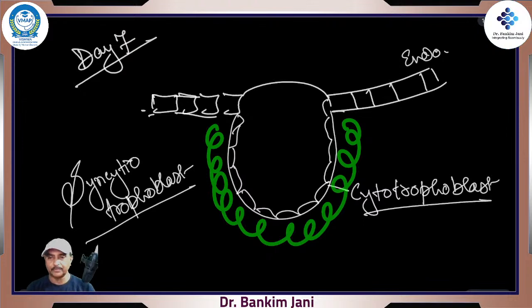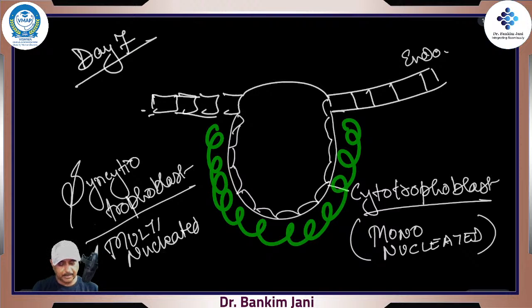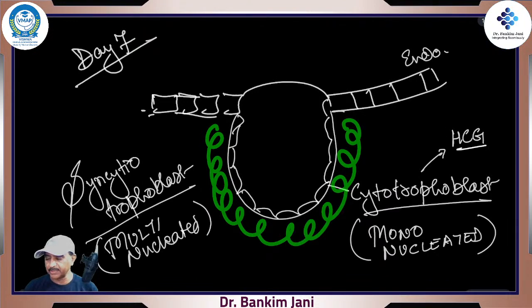The difference between the two is very subtle but very clear. The cytotrophoblast is mononucleated, and the syncytiotrophoblast is multinucleated. The syncytiotrophoblast will be outside, and this is what we said produces HCG in large amounts. Now inside,